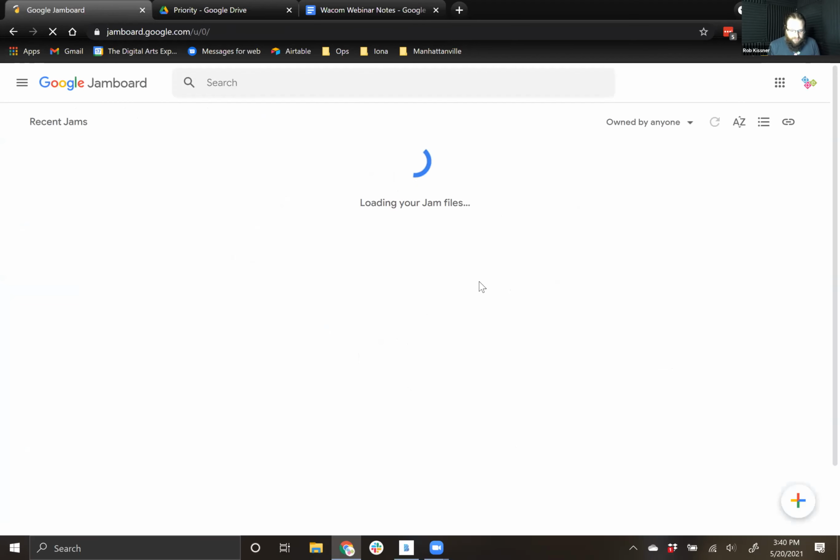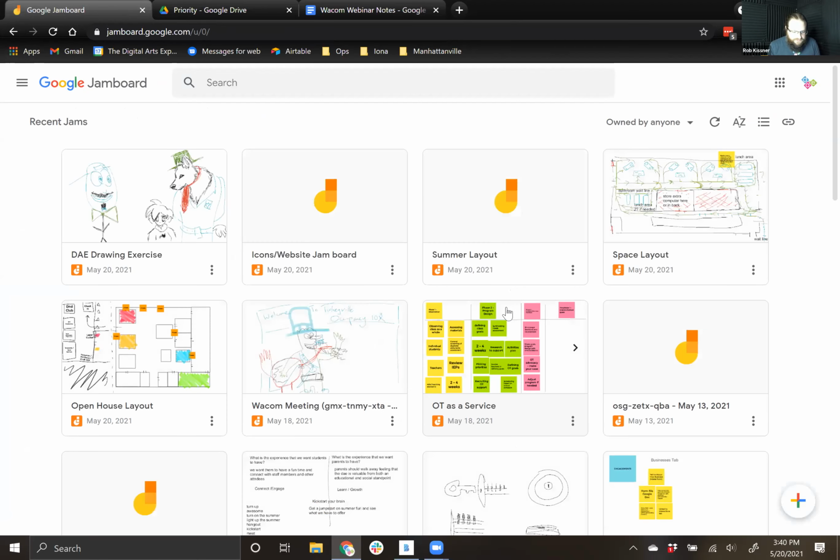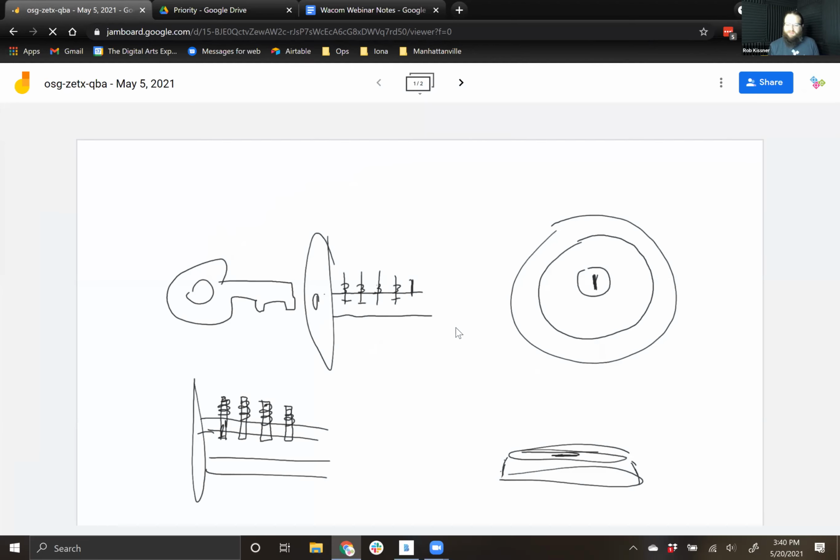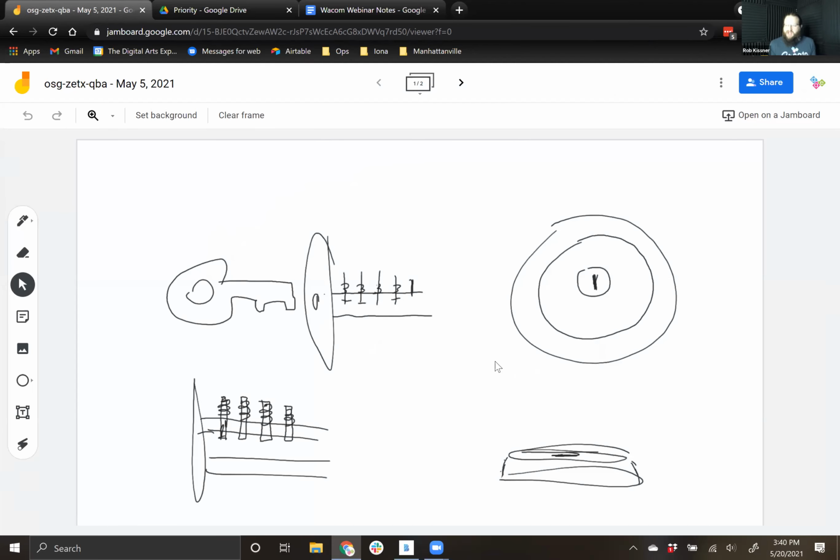So that's one example. Another example is we were exploring the way a lock works with the different pins. So we jumped into Jamboard and started sketching out the structure of a lock and thinking about, okay, there's different pins with springs, and when they move to certain points, they align properly, and that's how the key is able to unlock it. We didn't end up actually making this project. It was far too complicated, but we jumped into Jamboard and dissected it.